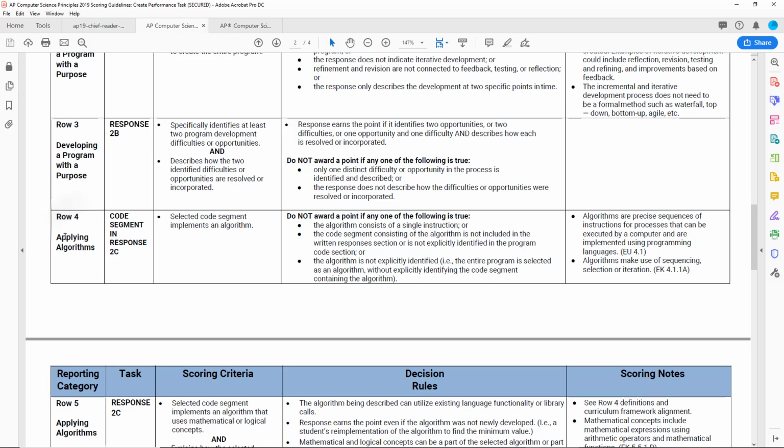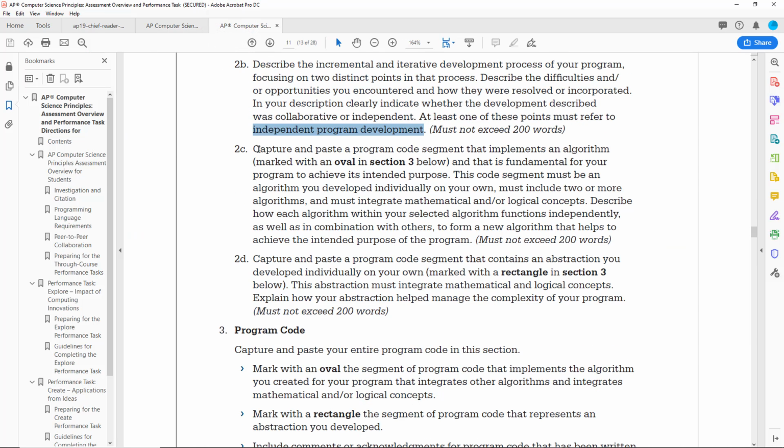Alright, our fourth point is applying algorithms. This is going to be in response 2C. So let's look at response 2C. We need to paste a portion of our code, mark it with an oval, and that is going to be our algorithm. This algorithm needs to be fundamental for your program to achieve its intended purpose, so it needs to